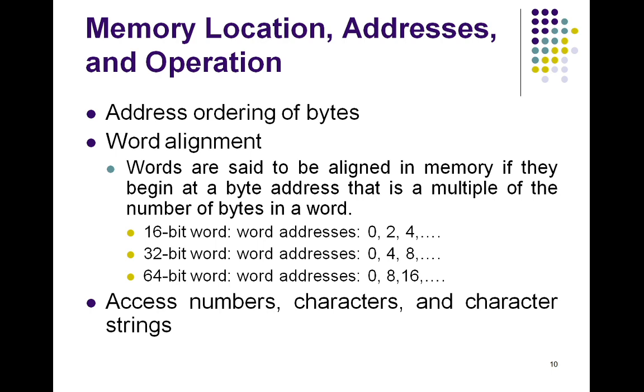Similarly, individual characters can be accessed by their byte addresses. In many applications, it is necessary to handle character strings of variable length. The beginning of the string is indicated by giving the address of the byte containing its first character. The successive byte locations contain the successive characters of the string. So always the first byte contains the first character and the successive byte addresses contain the successive characters of the string.